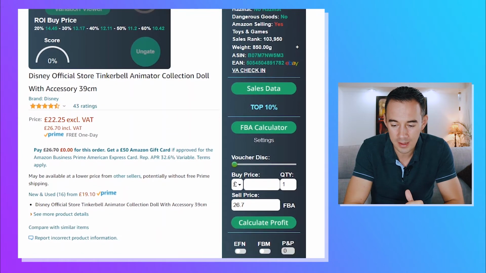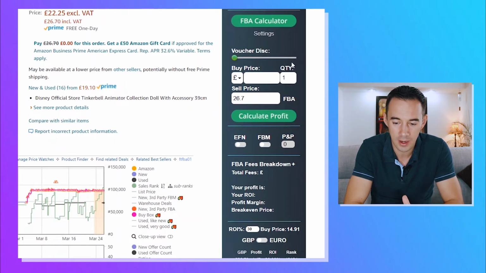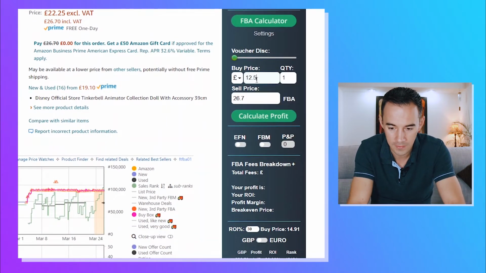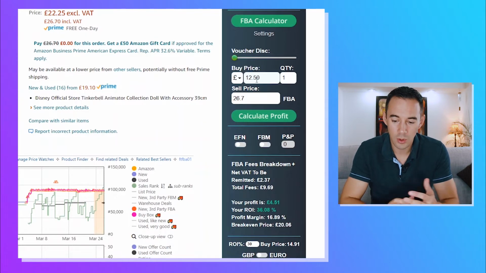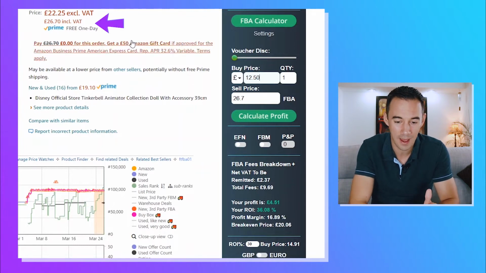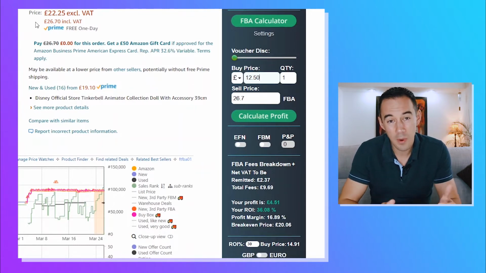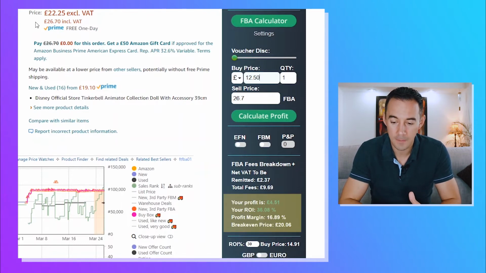Well, what I'm going to see is the buy price and the sell price. So let's put in my buy price, £12.50, and let's just press enter. What am I looking at? Well, I can see my sale price has already been put in, £26.70, and that's based off the current price including VAT, which is just up here. And then when I look down below, I can see straight away my profit and my ROI are £4.51 profit, and ROI is